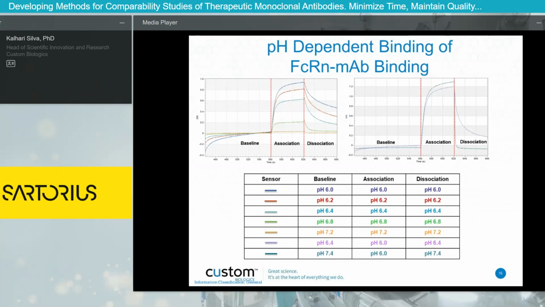So here, 7 biosensors in total are immobilized with 5 micrograms per mL of the biotinylated neonatal receptor. The biosensors are then transferred to kinetics buffer, shown in the baseline at different pHs, ranging from pH 6 all the way to pH 7.4. And then these biosensors are transferred to the analyte that was also prepared at different pHs before being transferred back